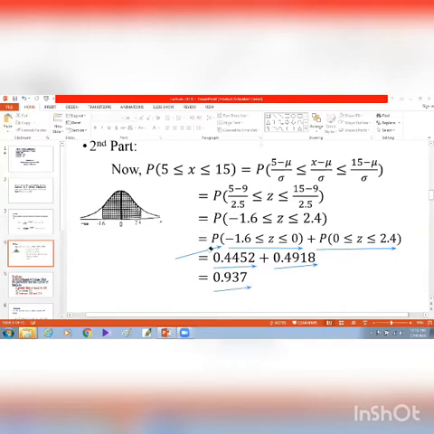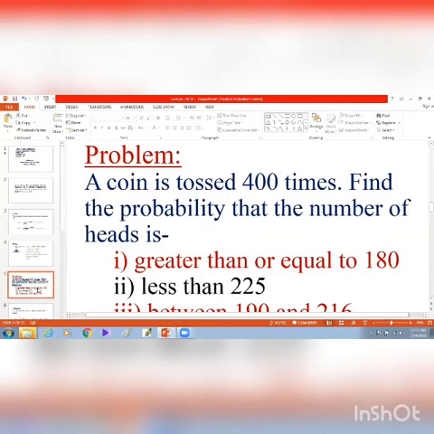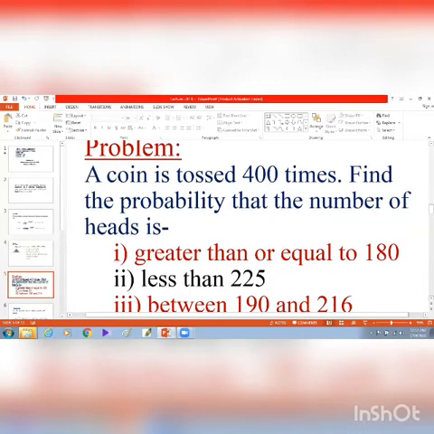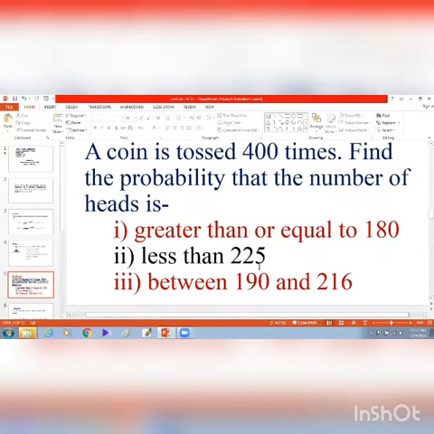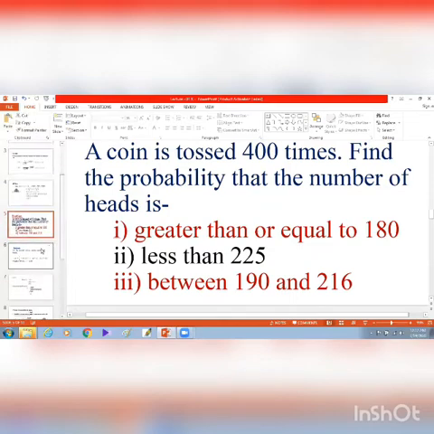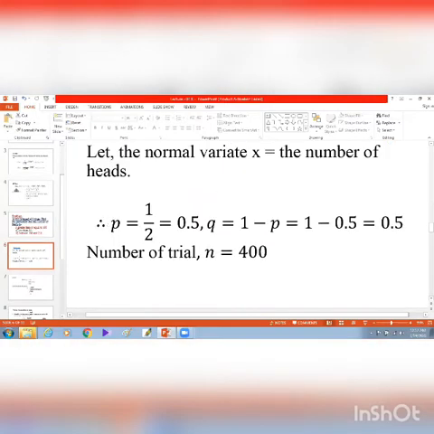So dear students, this is the second part of the question, and already the probability is determined. After that, there is a word problem, that is a coin is tossed 400 times. Find the probability that the number of heads is greater than or equal to 180, less than 225, between 190 and 216. So to solve this problem, firstly, we have to follow that